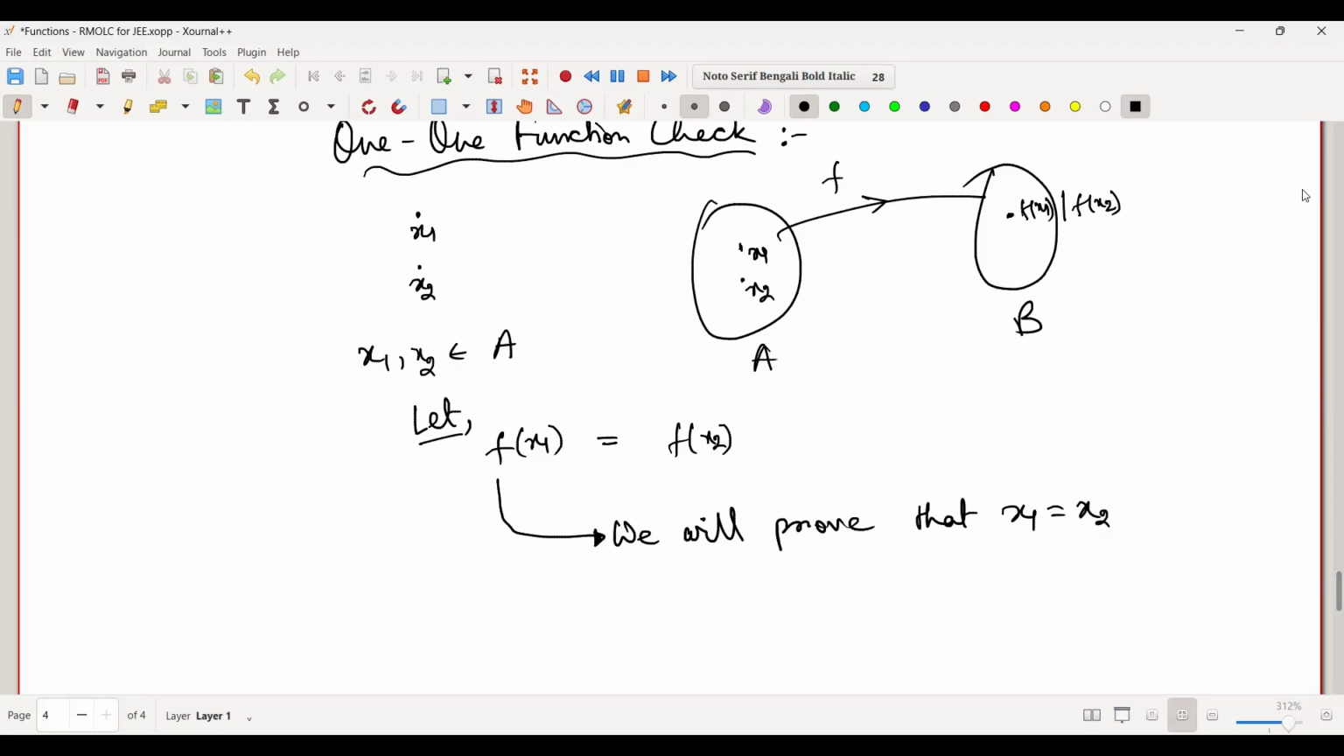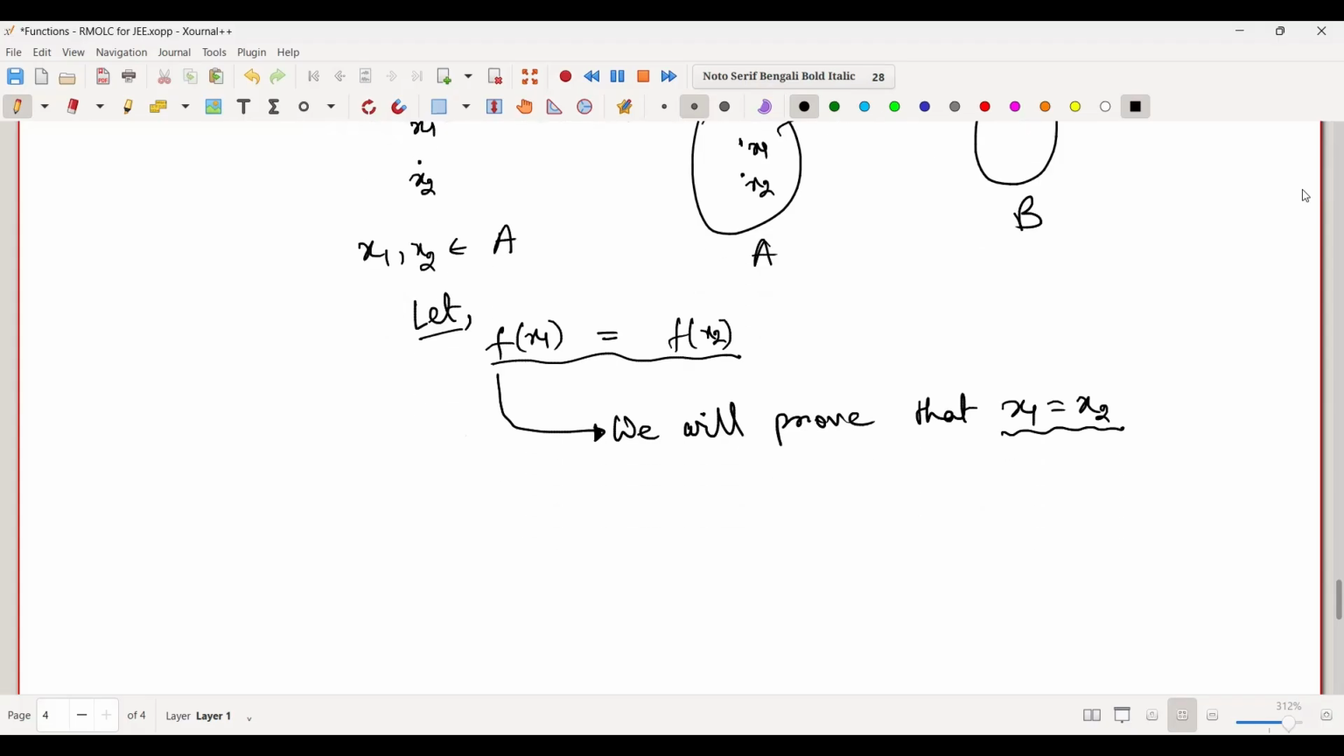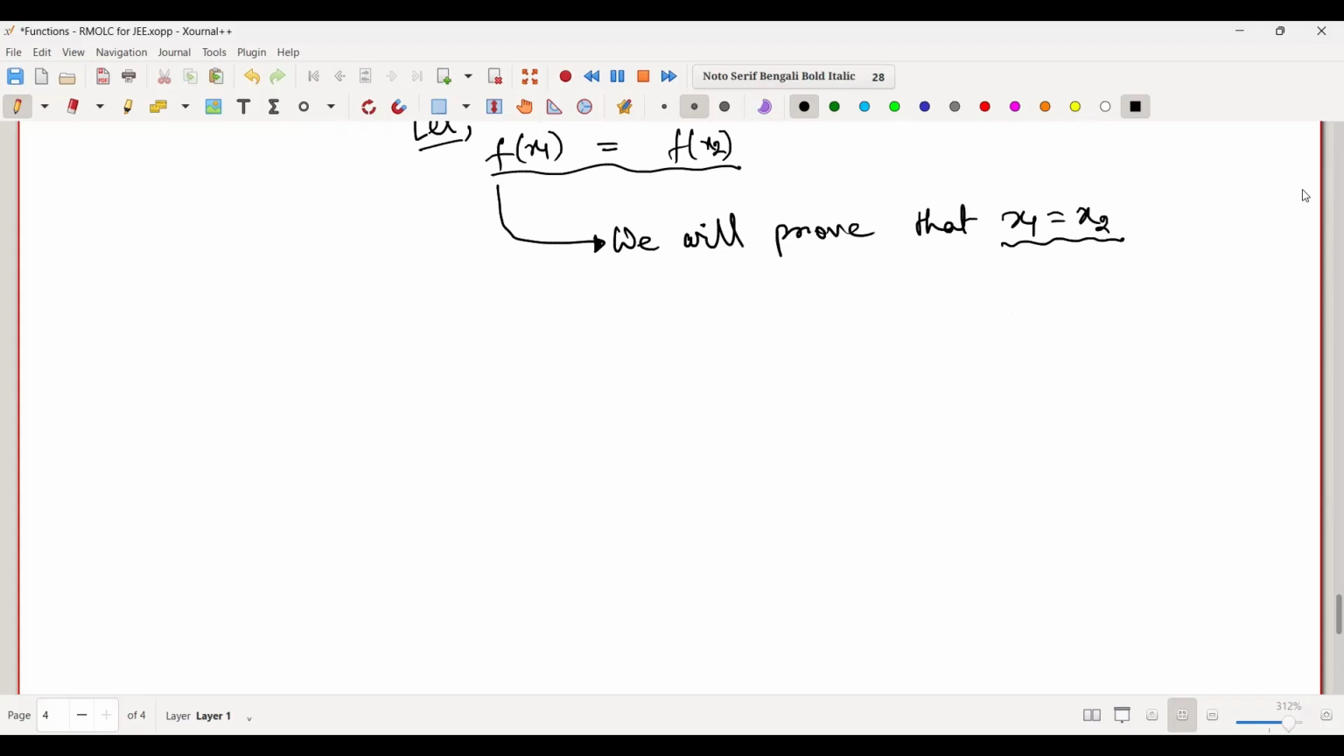That means whenever the images are the same, f(x1) equal to f(x2), then those elements from the domain should be the same. That means each and every element of the domain has a unique image. This is one way, and another way is